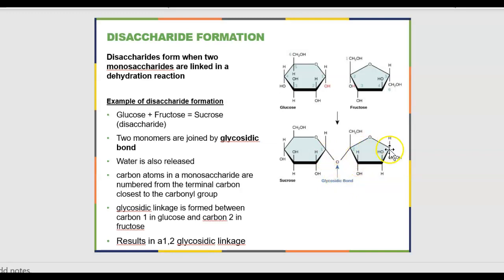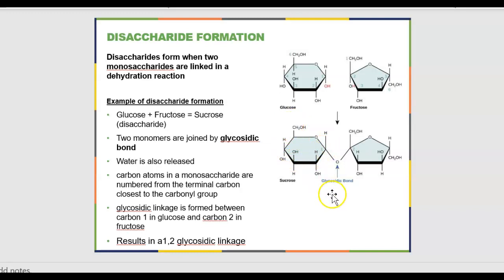So I'll talk about counting carbons later, but in this kind of structure where it has this pentagon shape in fructose, we start by numbering the carbons in one spot. So if we said that this is carbon 1, this is carbon 2, 3, 4, 5, and then the sixth one is down below the plane of the ring. And on this 6 carbon structure of glucose, we start numbering the first carbon right here. So here's carbon 1, 2, 3, 4, 5, and then 6 is up here above the plane